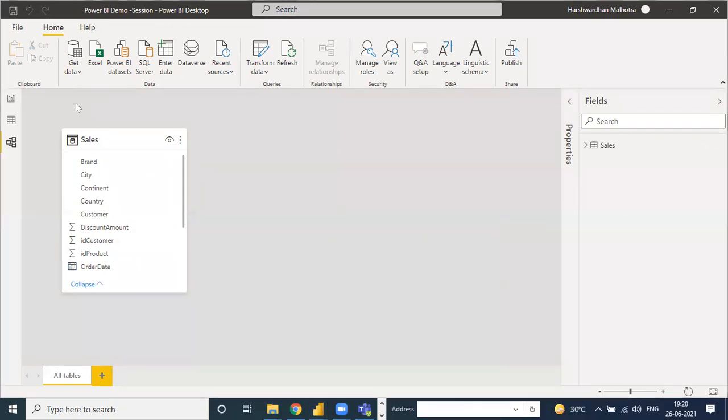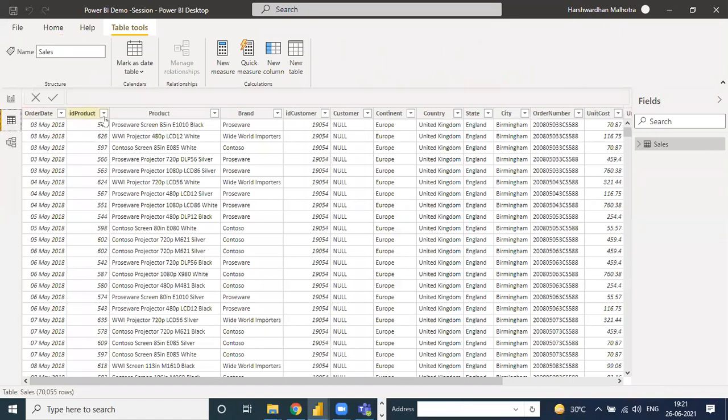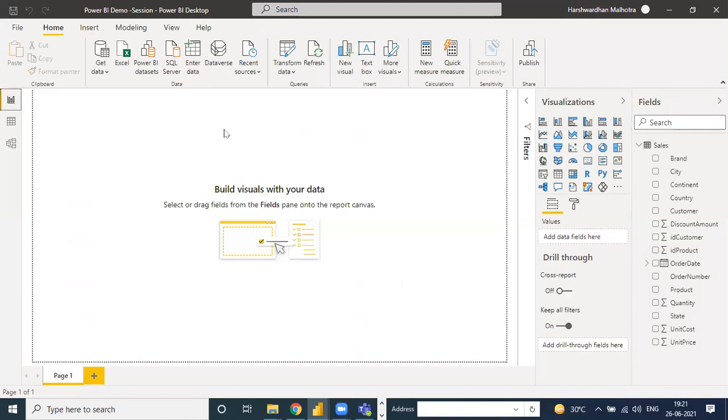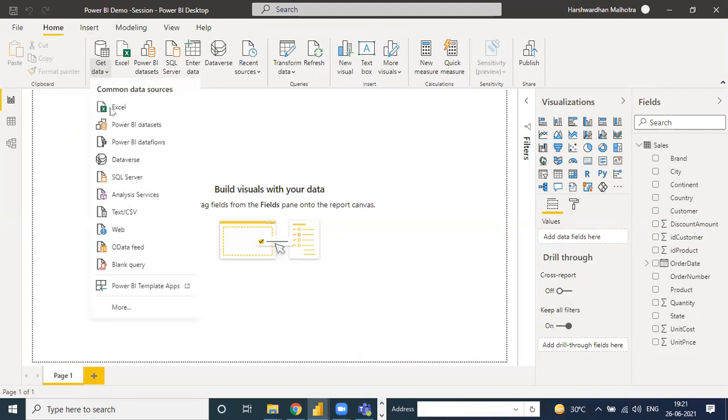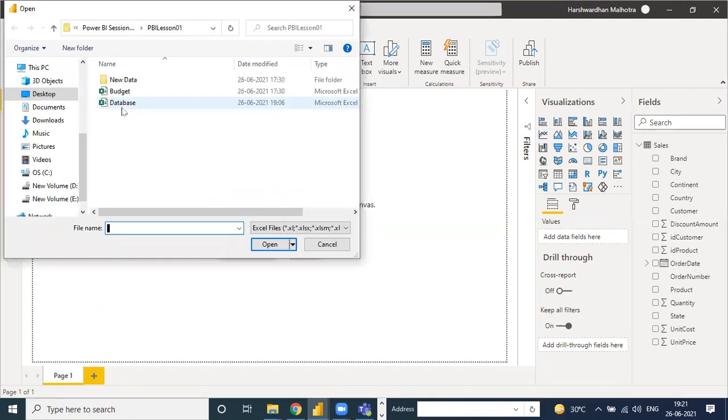Yeah. So in this session, suppose these are the files converted into the table format, and these are the visualizations. Now we want to add the same budget Excel sheet into these files, and I will show you how to create a relationship. Suppose in the Excel file, I have just extracted another sheet. It's a budget. So you can add multiple sheets like 10, 20, 30, 40, 50, however many you want.